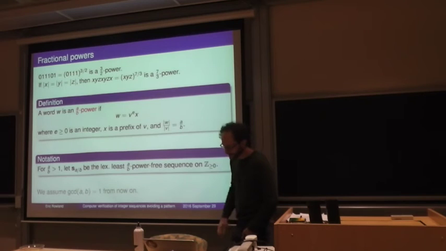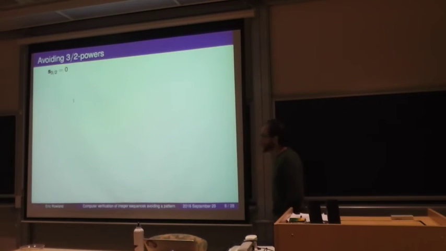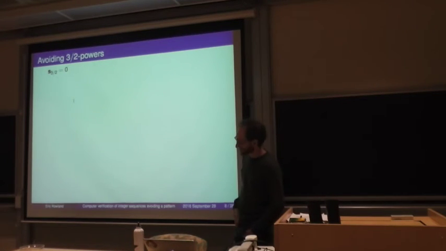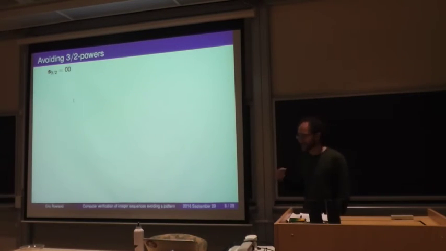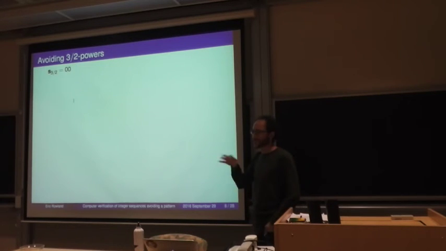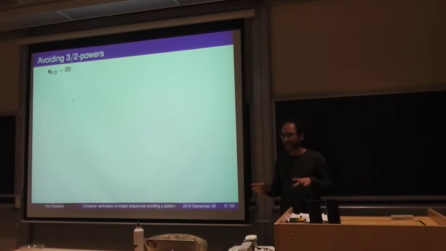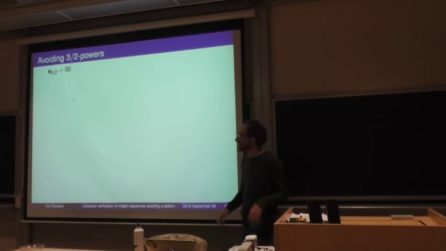And we're going to assume a and b are relatively prime from now on because why not? So S of 3/2. We're going to play this game one last time where we go term by term. So we can put a 0 next, right? That's a square, and squares are larger than 3/2 powers, but this is still not a 3/2 power. There's an alternate definition where we would avoid everything greater than or equal to 3/2 powers, and we did look at that a little bit. It seems to be more complicated, so you seem to get structure less often, which is why we're focusing on just avoiding 3/2 powers, and that's it.